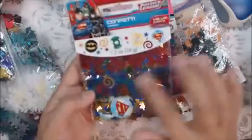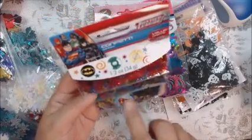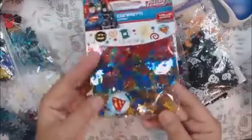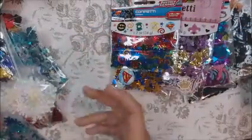I have like a boy one, Captain America or Superman, Batman, Green Lantern, I think it's called Justice League. And I was going to do something for my son, and I never did it. Okay. Then I have, what's next? Almost like Christmas, like joy, and snowmen and snowflakes. These are snowflakes. Let's see, is that it? Yeah. So I have those,